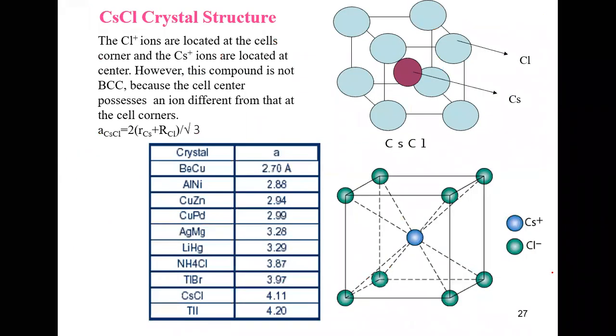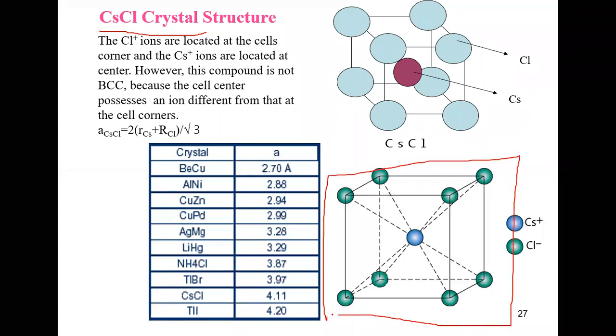Okay, and then we're going to study the cesium chloride crystal structure. If we draw a typical unit cell, it will look like this. All the chlorine ions are located at the corners, and cesium is at the center. Now, what is the crystal structure of this one? You will give the answer